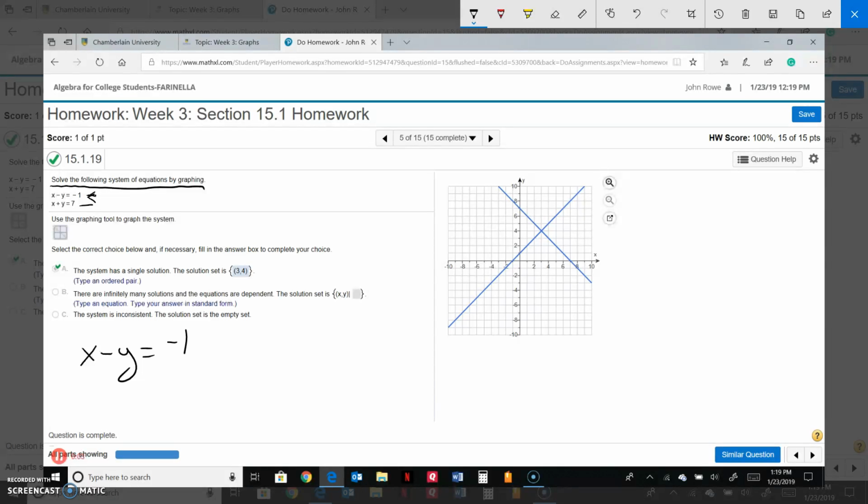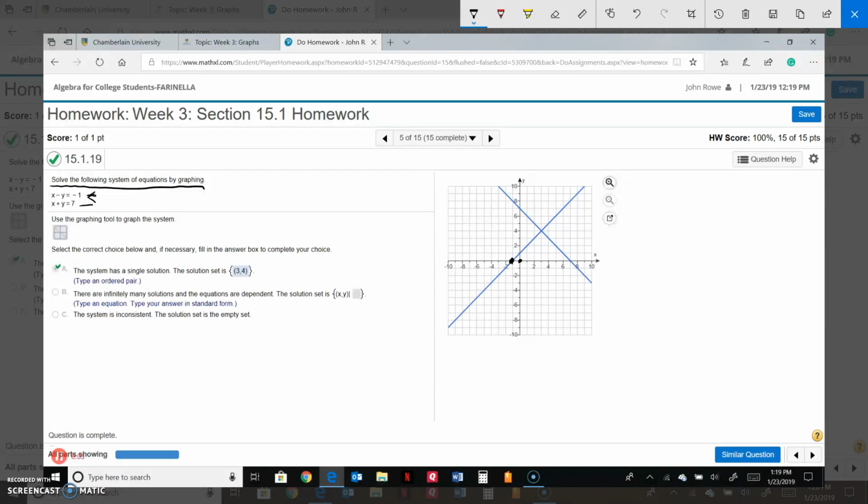If we set y to 0, that would leave us with x equals -1. So on our chart here, if y equals 0, x would be equal to -1 right here. The next step we would do, let's erase this here,